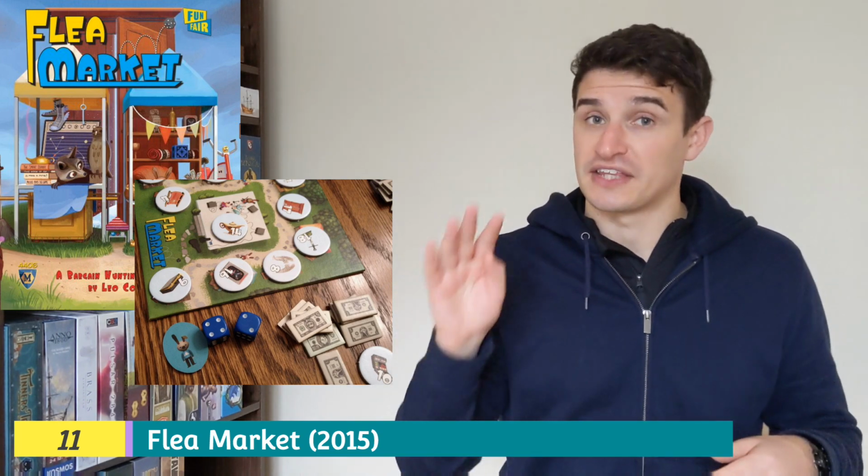At number 11, I have Flea Market, which is an older game by Leo Colovini, a designer who I've really been digging into a bit more lately. This one is a very random game, and I don't mean that in a negative way. It certainly is more tailored towards more introductory, family weight gamers. But this one has some interesting things in it, as you are rolling a pair of dice. And then, depending on that value, actually I think it's 3 dice, and depending on the combined value, you are